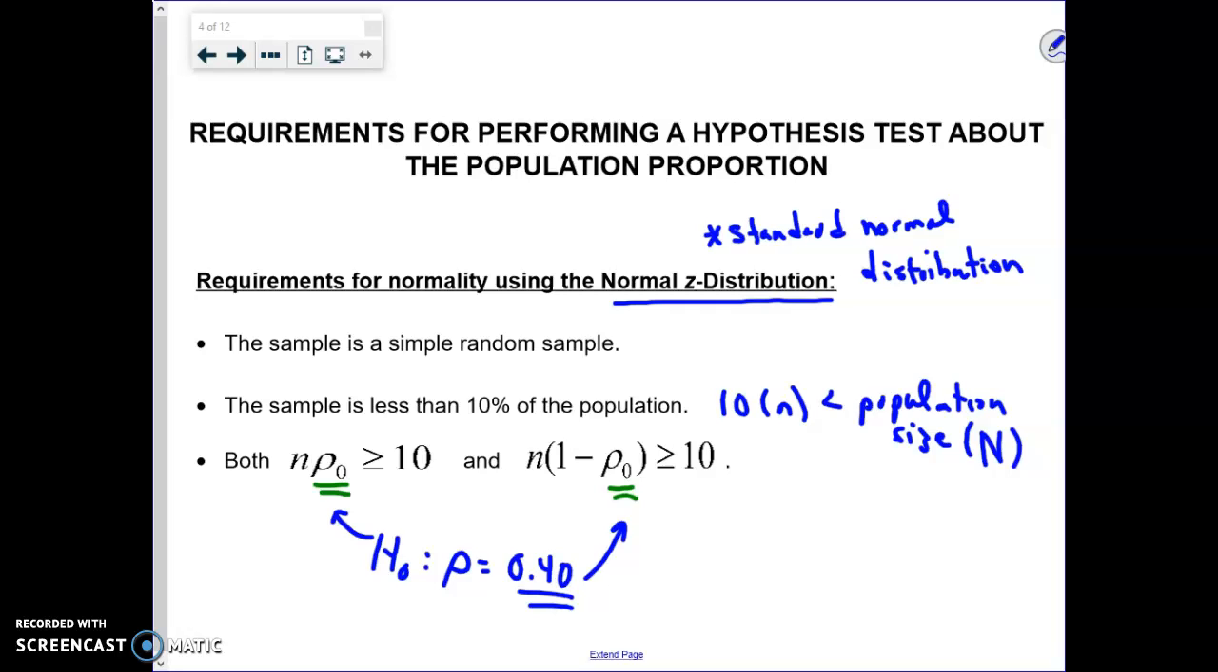A common mistake is people want to use p hat for these two values. Do not use p hat. We're comparing our sample data to what we hypothesize the population proportion to be. So again, p sub 0 means get that value from the null hypothesis, okay? And that's really a common error people make, and we'll try to make sure we